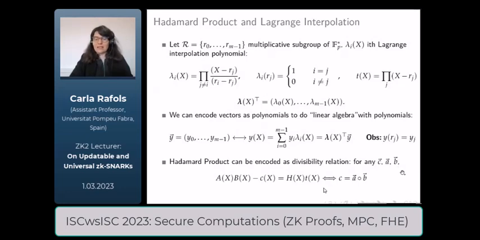So the point is that you want to show that the component-wise product of A and B is equal to C. You can see this translates into this polynomial relation, where this is the vanishing polynomial. So this is the polynomial that is zero at all these interpolation points. And why is that? It's very simple. The point is that this polynomial evaluated at